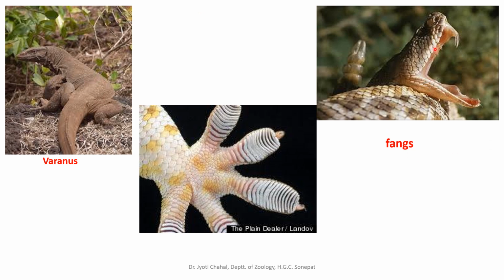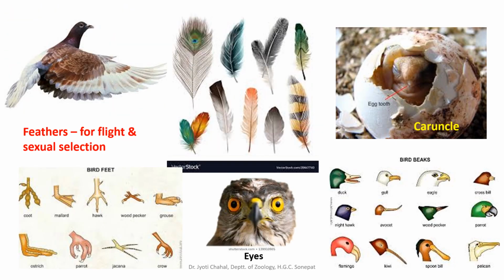Then there are the fangs of the snakes. These are specific teeth which are designed for injecting poison into the prey's body, and these are internally connected with parotid glands or labial glands, which are modified poison glands. And these fangs have internally a poison duct which leads poison from the poison gland to the fangs, and they pierce the body of their prey with the help of these pointed fangs and inject the poison into their body. So that is again a morphological structure which serves an important function. That is why functional morphology is important.